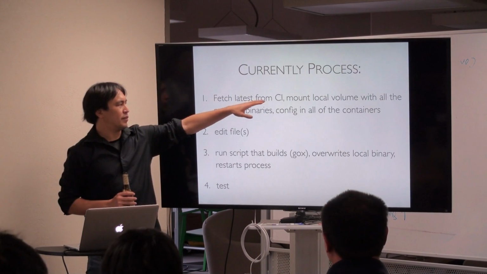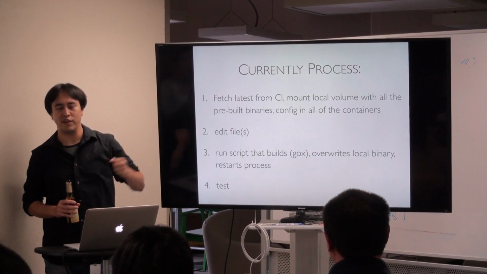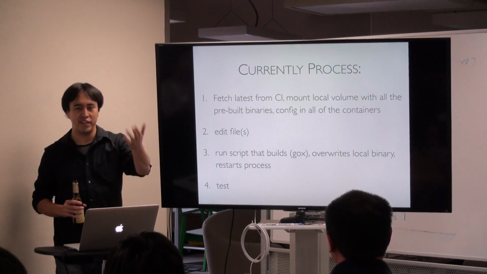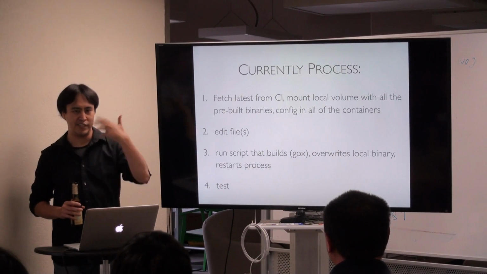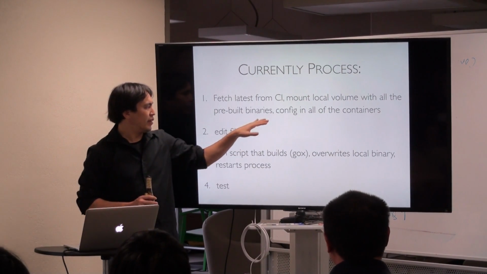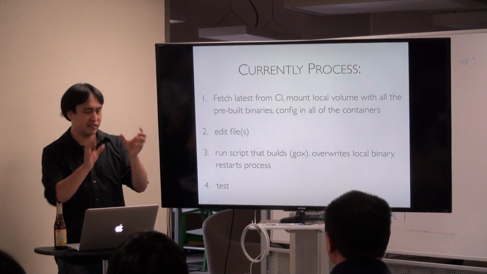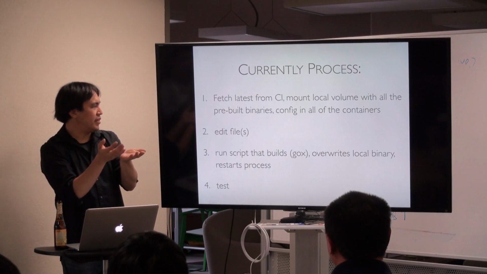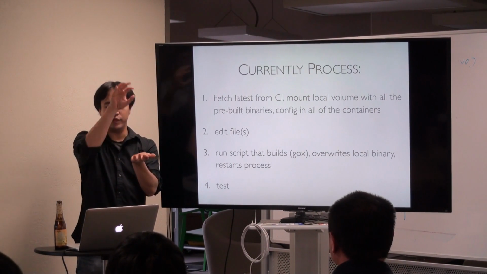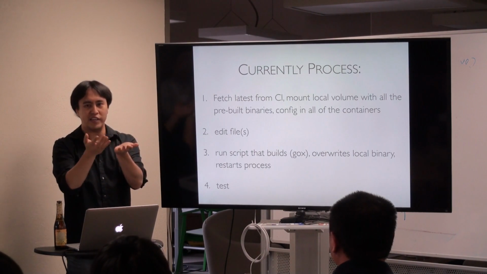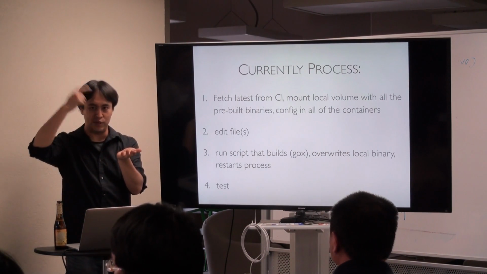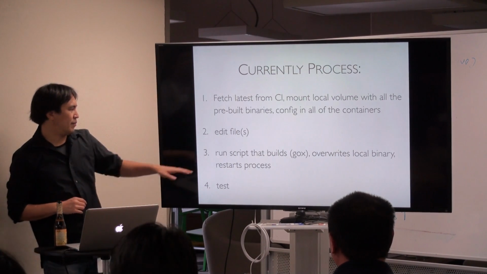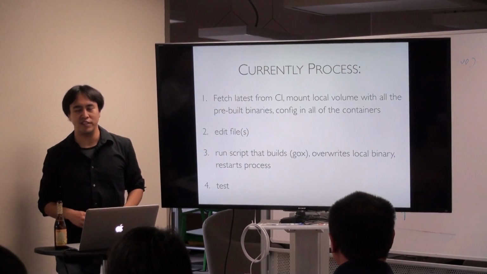So what we do is basically we fetch the latest containers from our continuous integration system. Right? We mount the local volume with all the pre-built binaries, like our JSON server or PDF processor and our business logic component. So each container, like the JSON container, we mount the directory that has the JSON binary and the JSON config in it. And then we can run that, right? So that way, when we rebuild the JSON binary, it's already in there, and all we have to do is have the container kill and restart that one process and that one file, and that works really well. You're only overwriting the local binary, and then you just restart the process from within the container